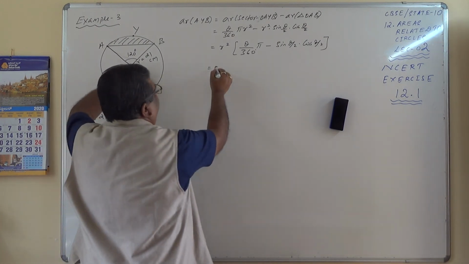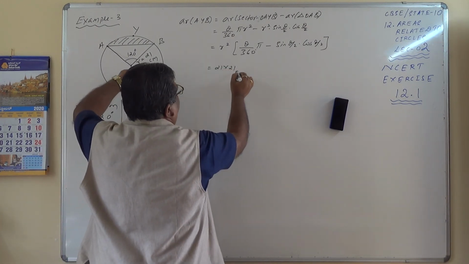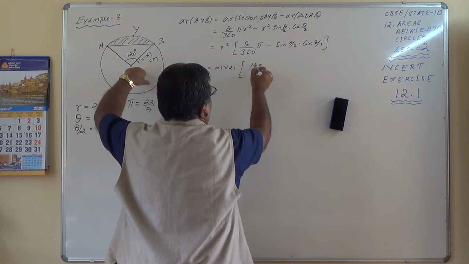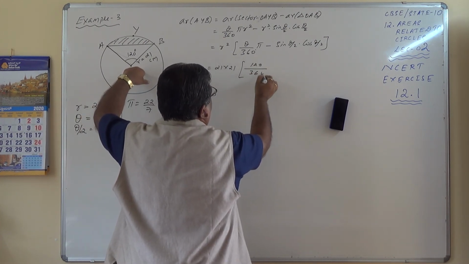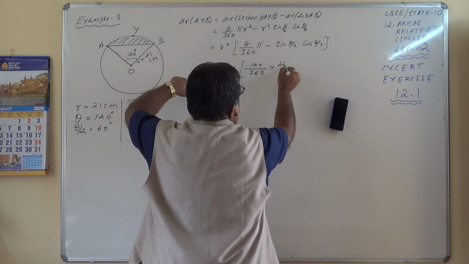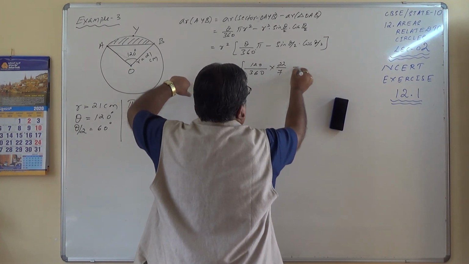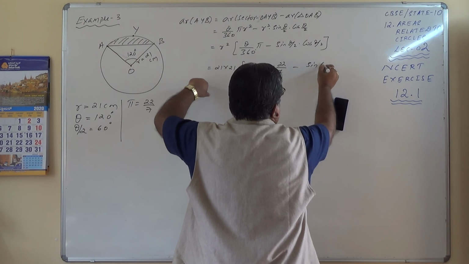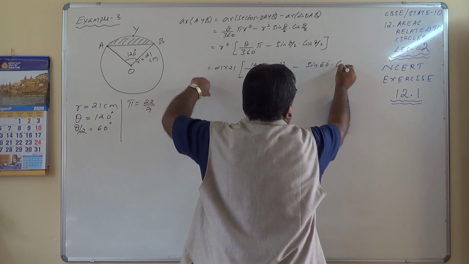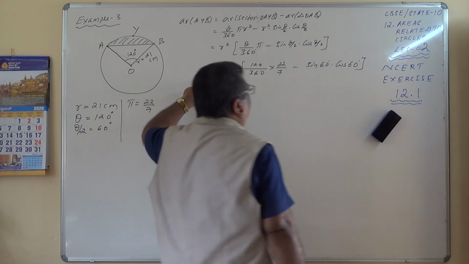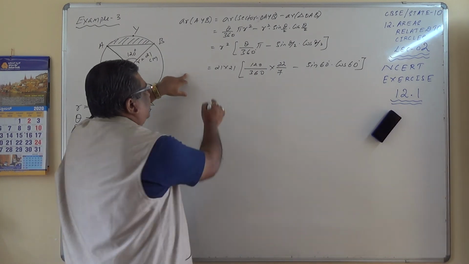Radius is 21 into 21, theta is 120 degrees into pi, 22 by 7, minus sine 60 degrees into cos of 60 degrees, which equals